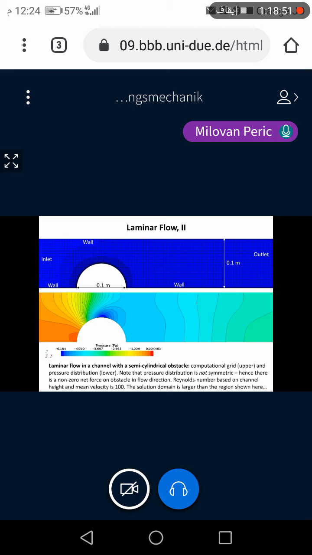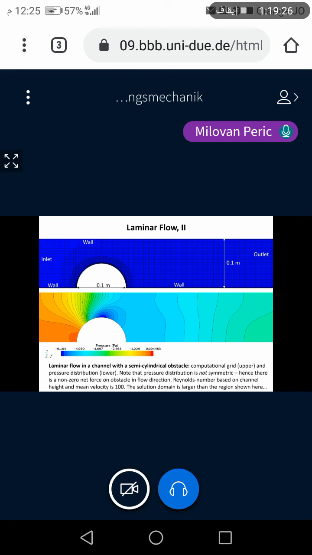Only if you now compare the pressure distribution here at the Reynolds number of 100 to inviscid flow, you see a huge difference. The front part is similar. You have maximum pressure at the front stagnation point, and then you see a rapid decrease of pressure, and the minimum is somewhere close to the top of the obstacle. But then on the back, you see a large zone of almost constant pressure. And then pressure first increases gradually, and then later on, further downstream, you will get again channel flow in which